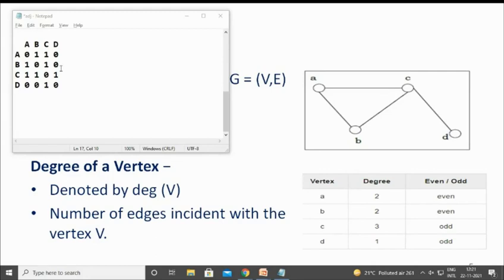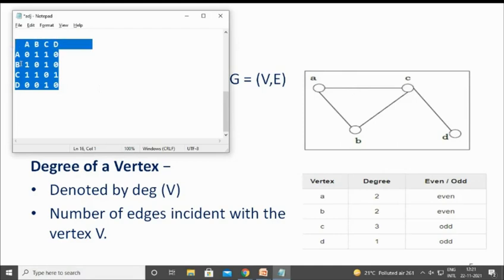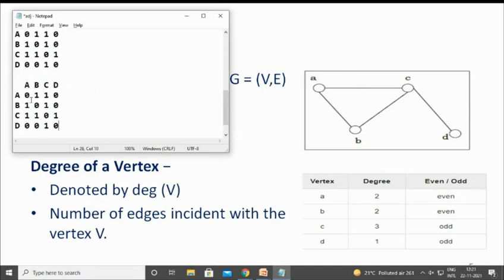Clear? Now assume that there is an arrow mark only from A to C. Assume like that. Now how can this particular matrix change? A to C there is an arrow mark, which means the pointer is towards C. So how many outgoing edges from A? A to B there is a path, and A to C is also a path.